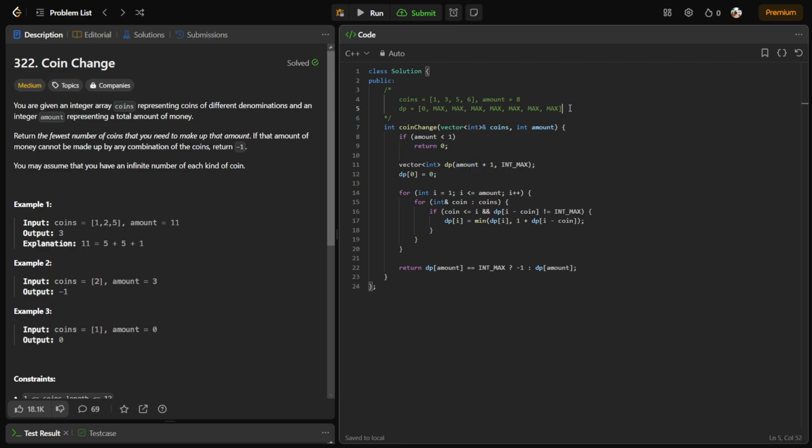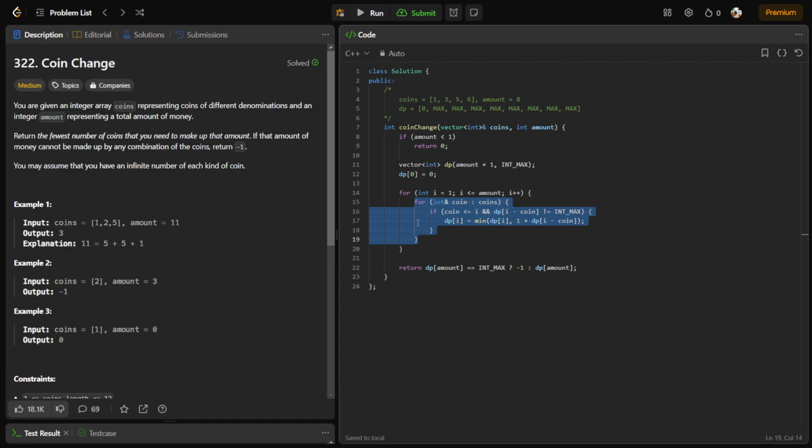Oh, sorry, the amount plus 1. So there's another one here. So 9 coins: 0, 1, 2, 3, 4, 5, 6, 7, 8, 9. Right, 9 coins. So yeah, this was supposed to be 0. My mistake. So this was 1, 2, 3, 4, 5 until you reach 8. Okay, anyways, starting from 1, which is here, iterating through until the end of the amount over here, and here